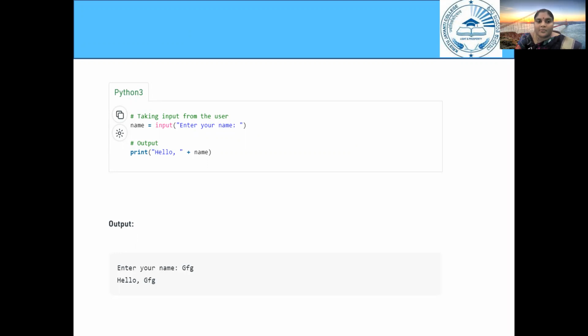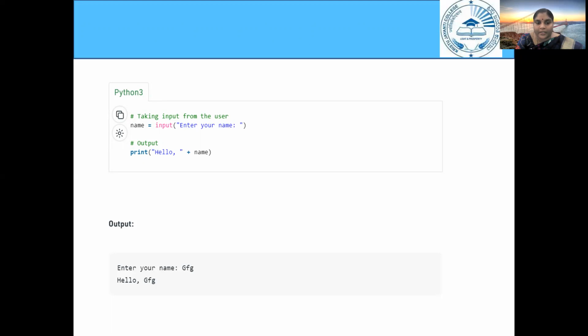I have one statement which is taking the name as the input. So the variable name is declared, name is equal to input, enter your name. I have just enclosed it in double quotes. So now if I'm giving print hello plus name. As I told you, in the polymorphism concept, an operator can behave in more than one form. So hello is a built-in text inside double quotes, and name is the value the user is entering. Say for example, here see the output, enter your name.